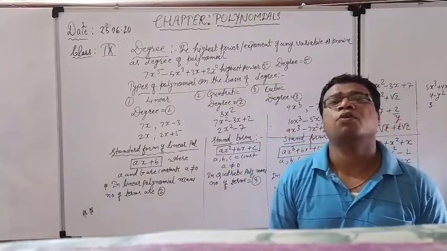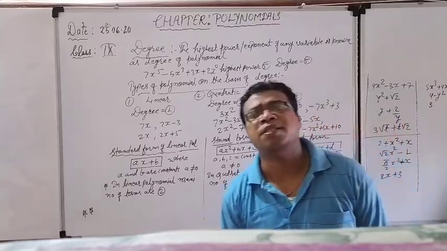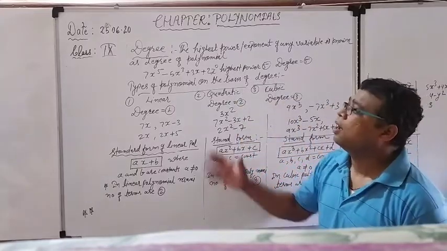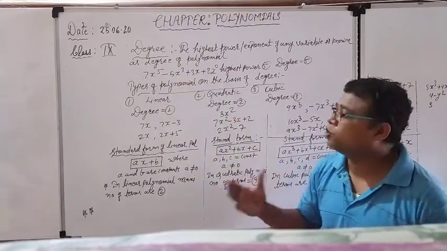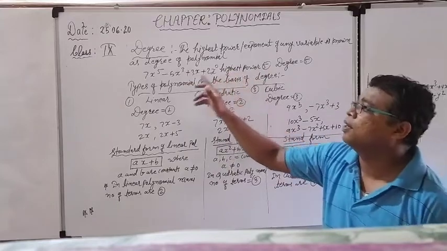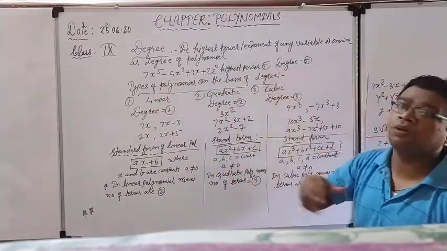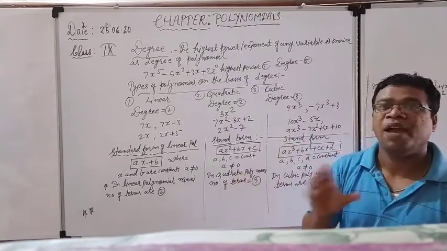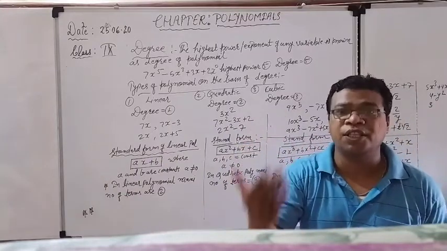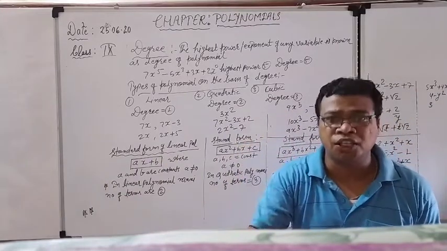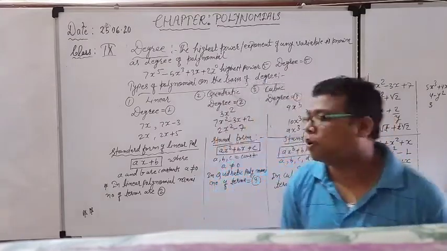Always remember, for a constant polynomial, the degree is also 0 because the highest power of the variable is always 0. Now, by looking at the algebraic expression, which is the highest power? The highest power is 5 according to the first term, and because the highest power is 5, the degree is also 5. Very easy. We have to verify each and every term, and then come to the conclusion which is the highest power for any variable, and that highest power is known as the degree of the polynomial.